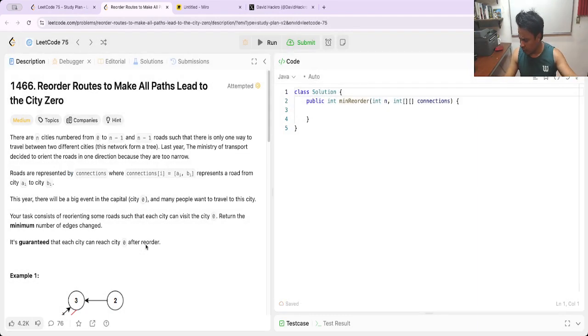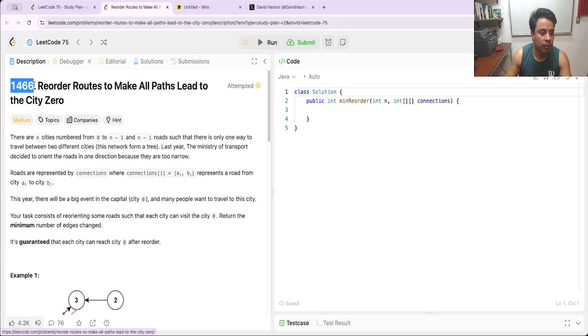I remember I tried to resolve it a few days ago, and obviously I didn't resolve it, but I learned how to do it. Well, in this case it is Reorder Routes to Make All Paths Lead to City Zero. It's the problem